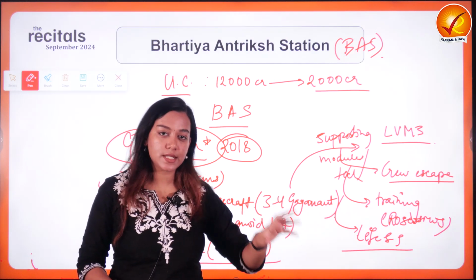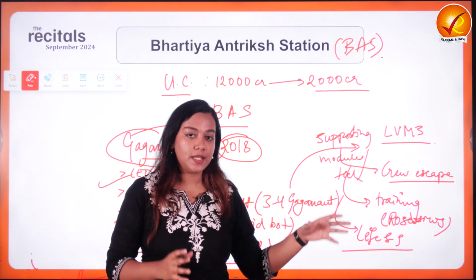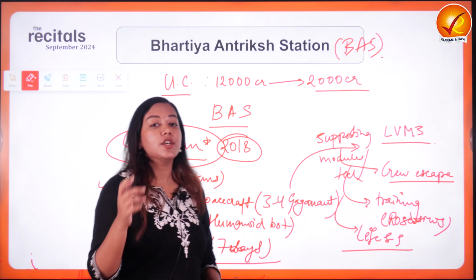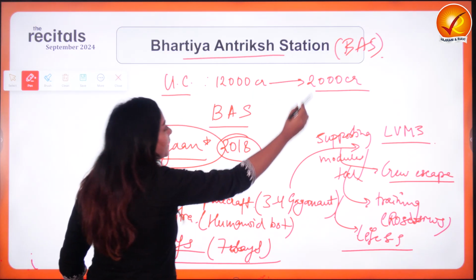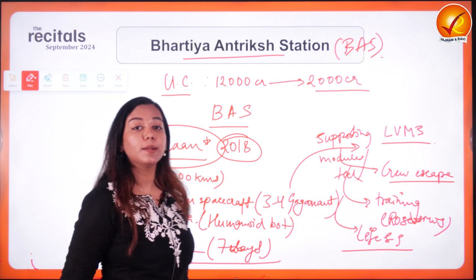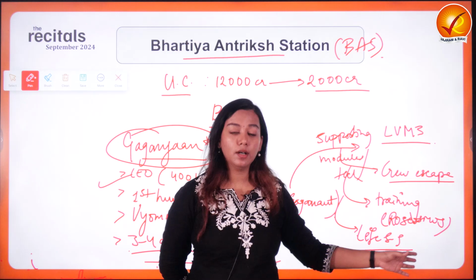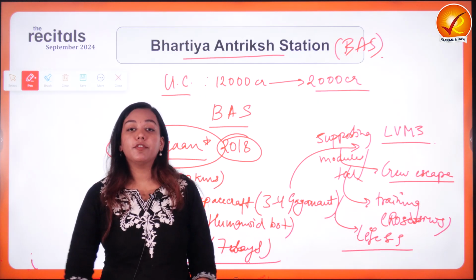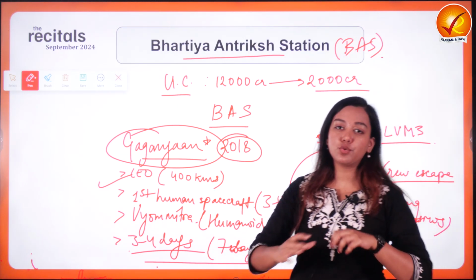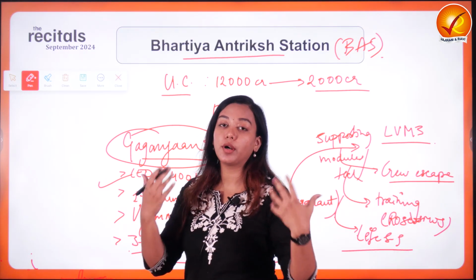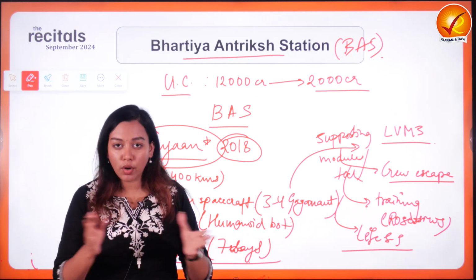In order to make it more sustainable, we need to become more independent so that we have our own space stations in the low Earth orbit. Therefore came the need of creating an indigenous space station where further experiments, especially under microgravity conditions, can be carried out. Because even if we deploy the life support system in the spacecraft, it will never be able to forego the microgravity, the wear and tear of the tissues and the body's muscles, and how the body responds in space. That can only be achieved once we are genuinely in space for a longer period of time.